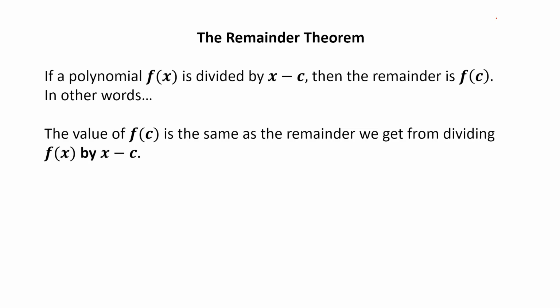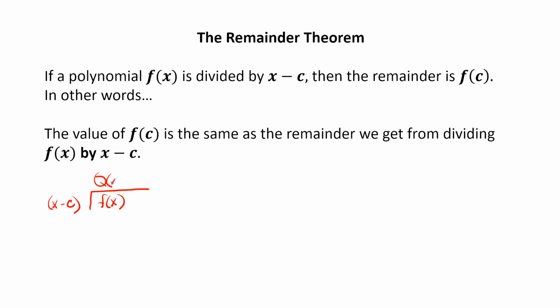Okay, now we have gotten to the remainder theorem. The remainder theorem says that if a polynomial f of x is divided by x minus c, then the remainder is f of c. In other words, the value of f of c is the same as the remainder we get from dividing f of x by x minus c. And the reason for this is if you're dividing a function, f of x, by x minus c,